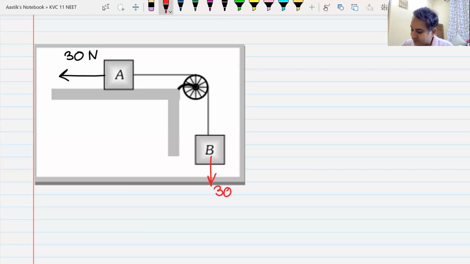This is 30. This is T. You write the equation of any block and you will get that there is no acceleration. So T will be equal to